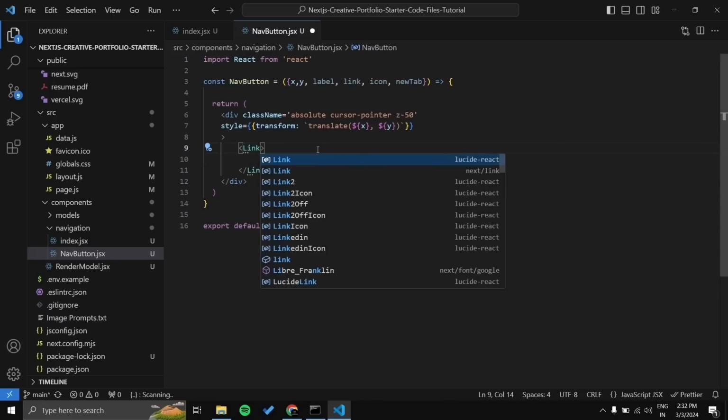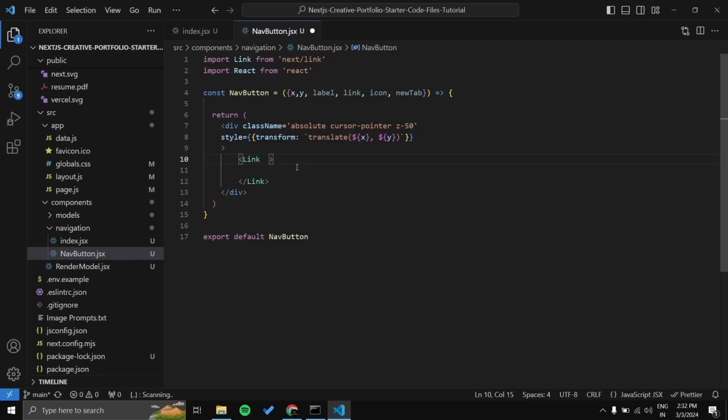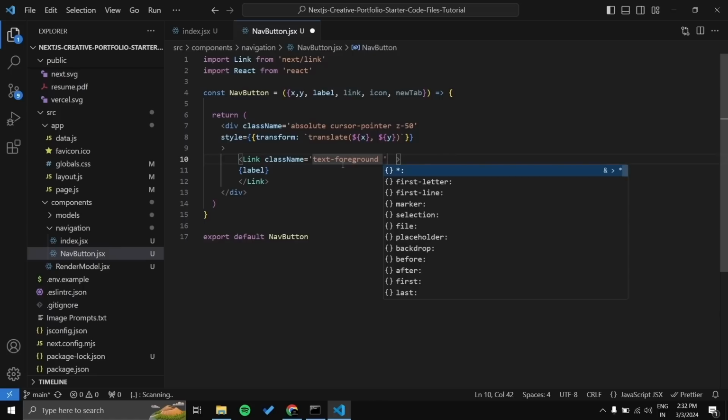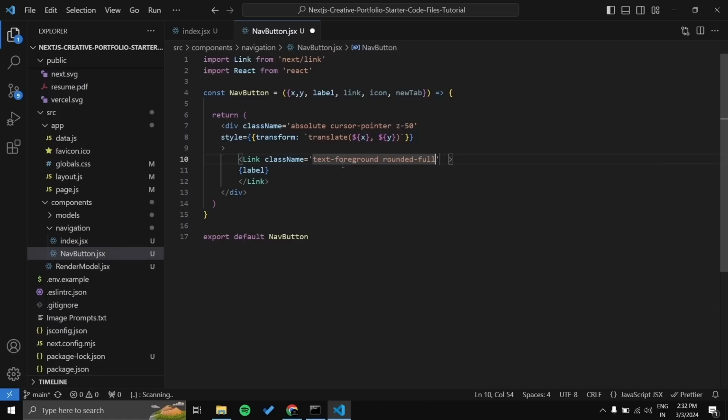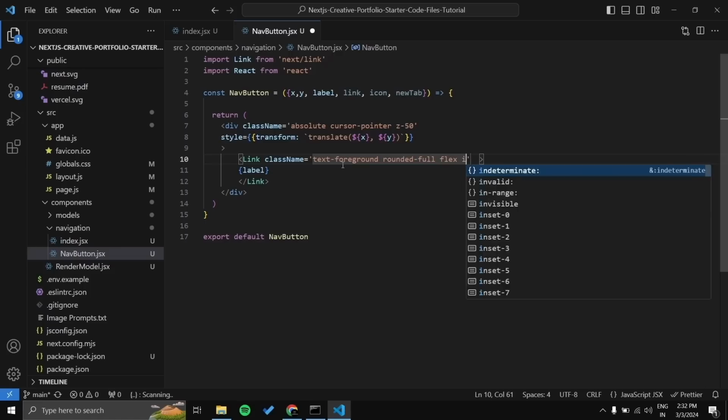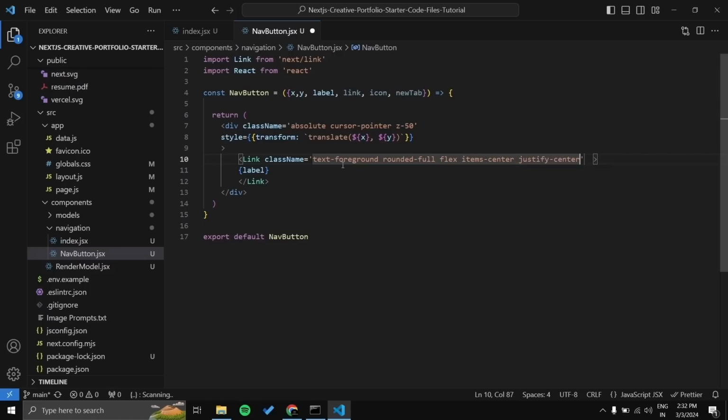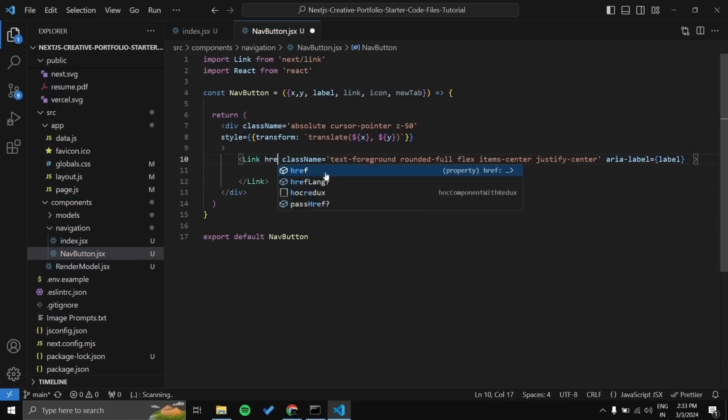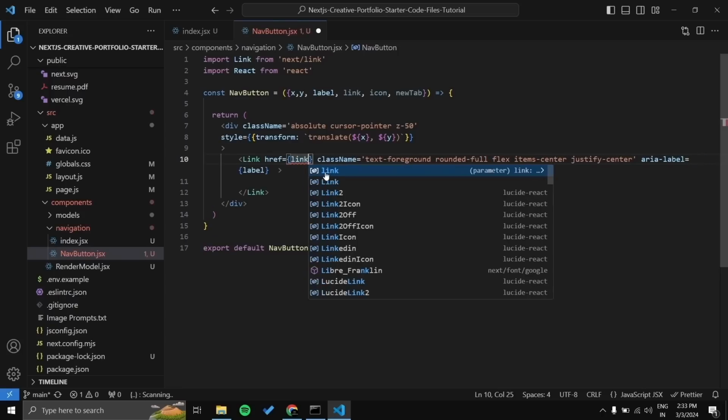Let's use the link instead of this button. Let me add the class names. So write text-foreground, rounded-full, display flex, items center and justify center as well. Now here we are going to use the icon instead of the label. So you can use the label in the link, just write aria-label equal to label, and in the href let's pass the link,